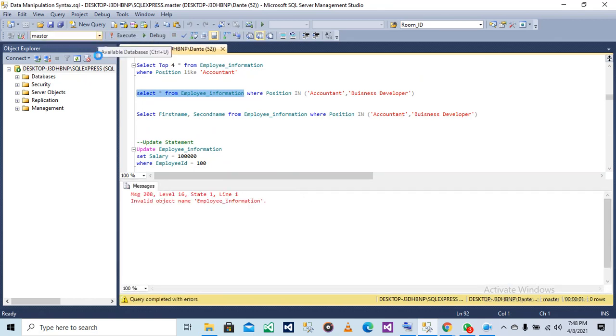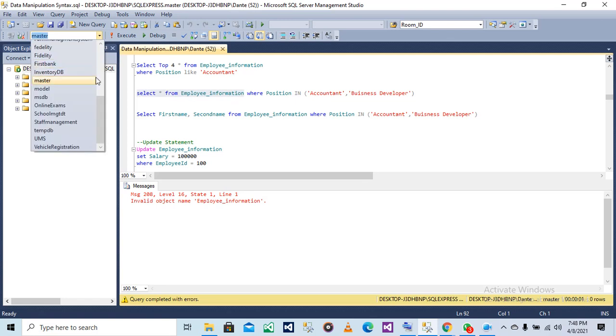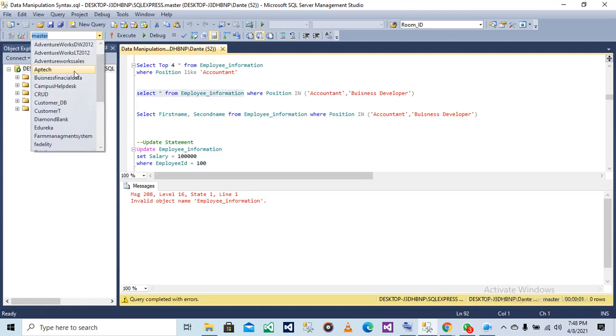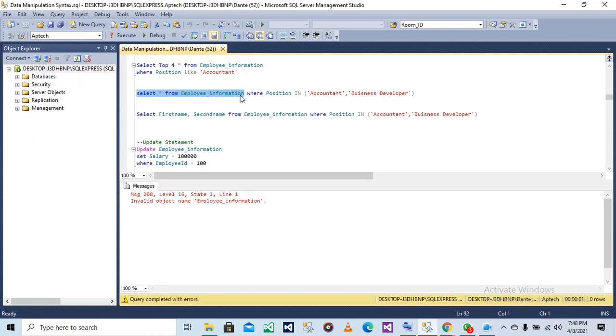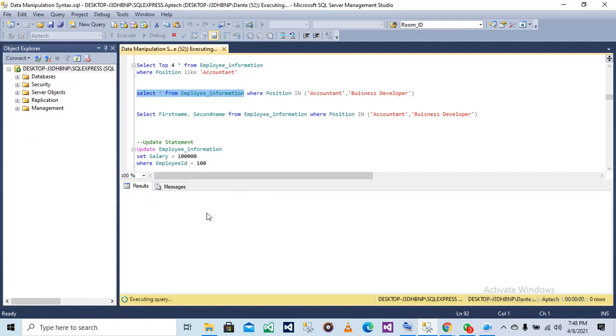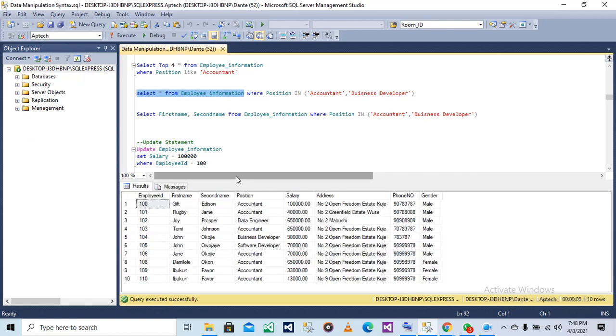Let me select the database. So you can see that some of the employees,